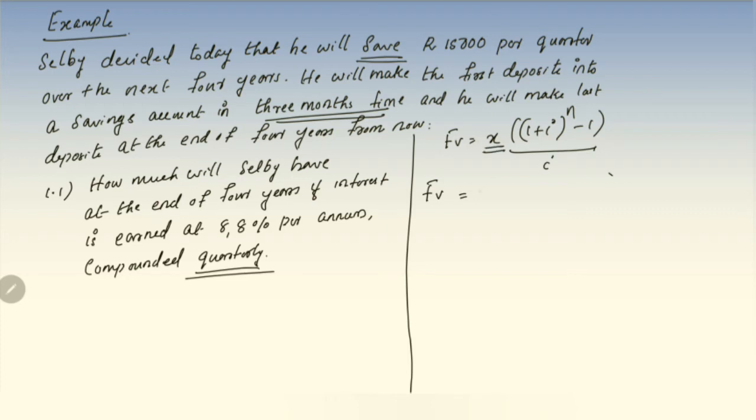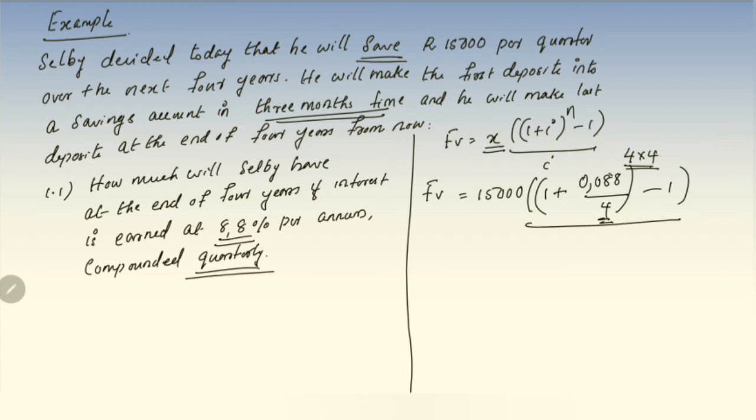So x is the equal payment. What is the equal payment here? 15,000, right? Okay. Then 1 plus, what is I? Here the interest rate is given as 8.8 percent. So the I is going to be divided by 100, that is 0.088. Since this one is quarterly, so divided by 4. Then all to the power n. 4 years means how many quarters? 4 times 4. So I is divided by 4 and n is multiplied by 4. I showed that one in the beginning of this video. Then minus 1